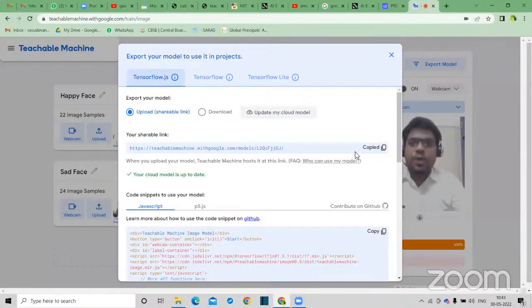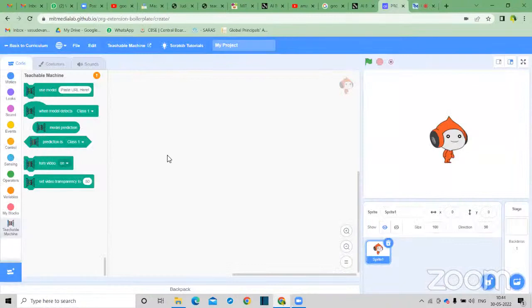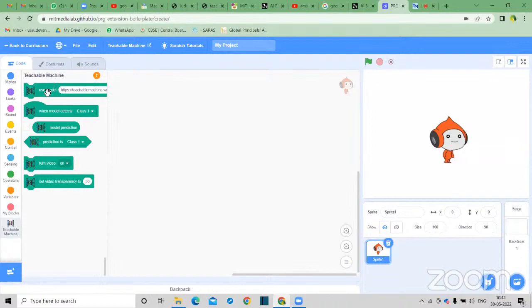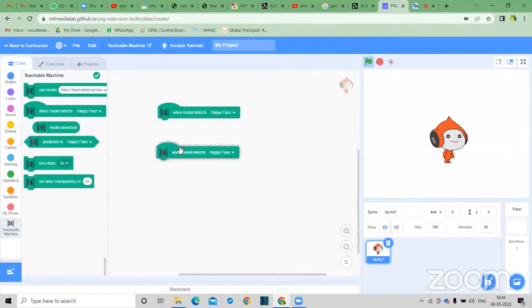The moment you click on copy, you go back to the place where the Scratch is present and you need to click on paste URL here. So whatever you copied, you can paste it over here by right clicking and then you can click on that. Now, can you see a small exclamation symbol over here? Yeah, you can. In a few seconds, it will become okay. It has already become. Yeah, that's great. Now here you can see whatever you have done over there, it gets reflected over here. Happy face, and again, sad face, something like that.